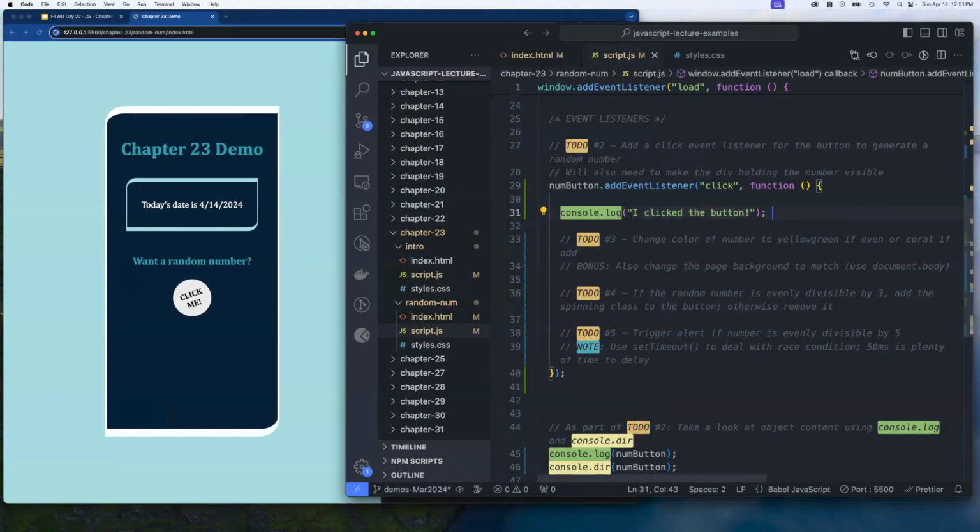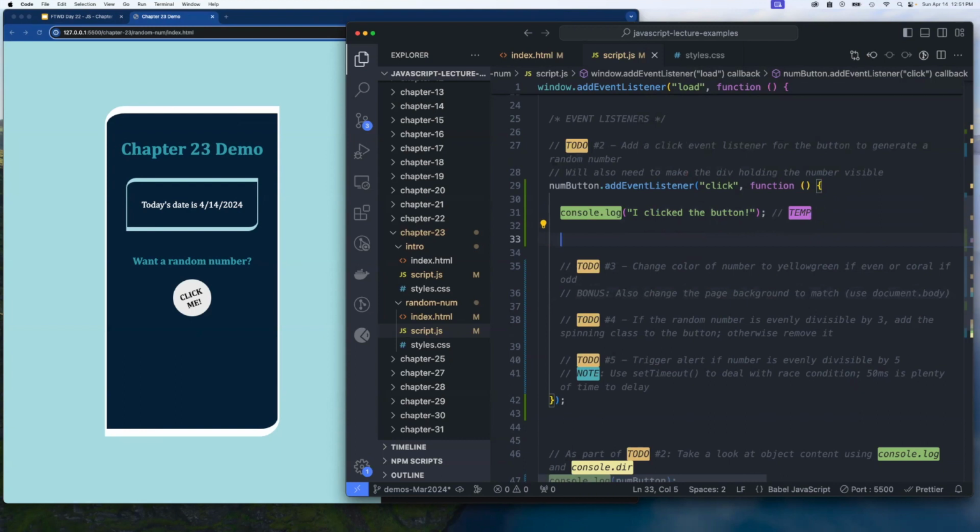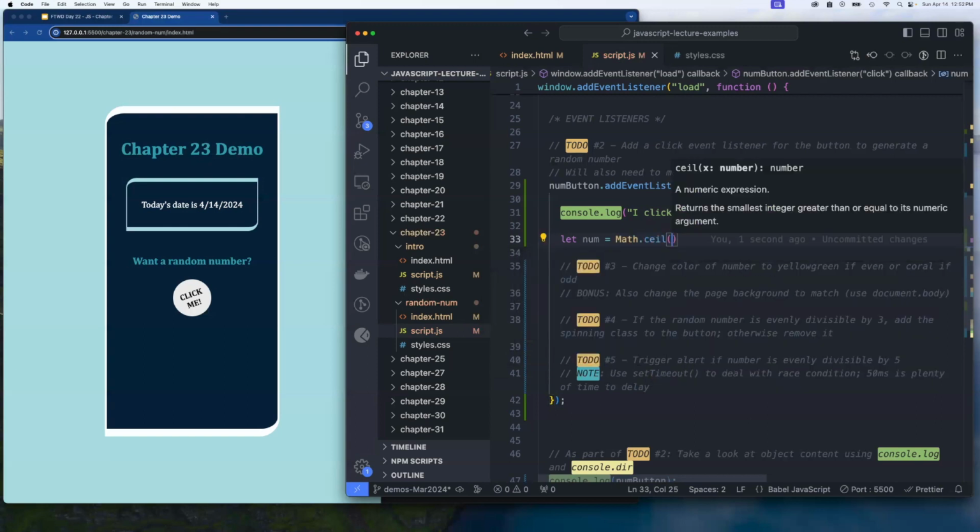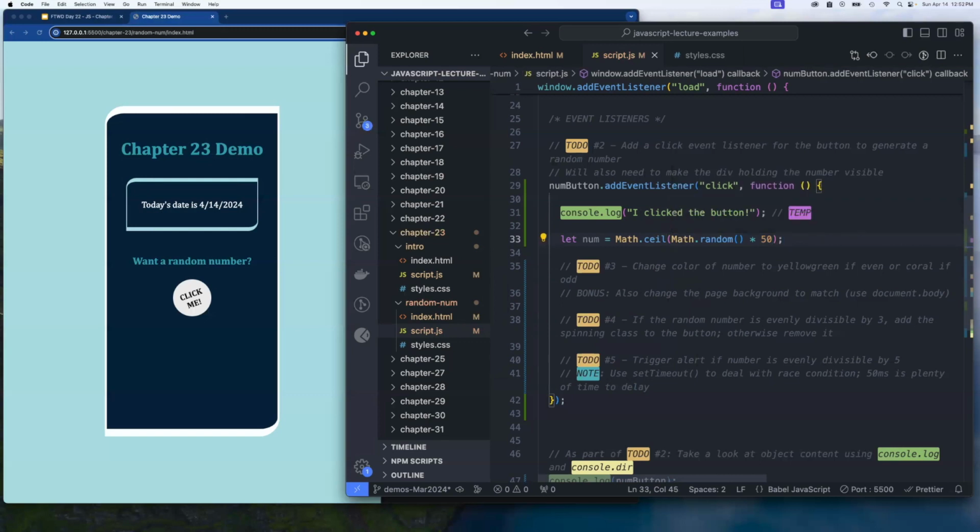That was kind of a temporary thing. Okay, so we're not quite done with to-do number 2. We actually still need to generate a random number. So I'm just going to create a local variable here. Let num equal, and I'm going to round it up with math.ceil, but we'll just do math.random. And let's just say it's going to be a number between 1 and 50. So I'll just say math.random times 50. And